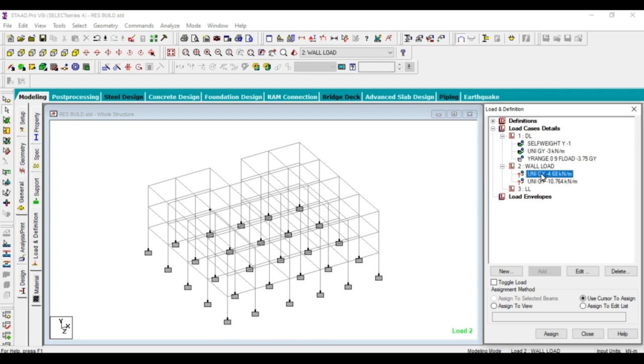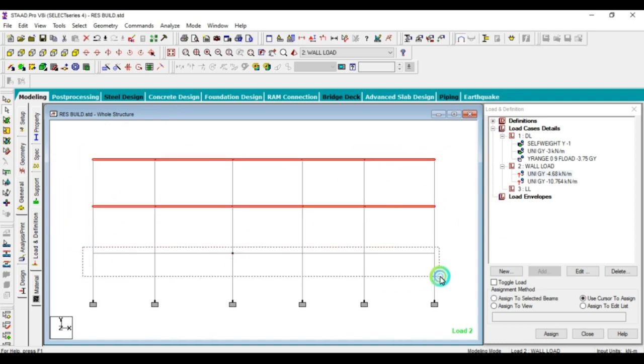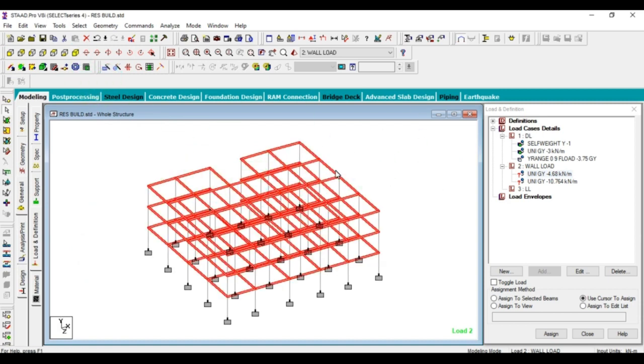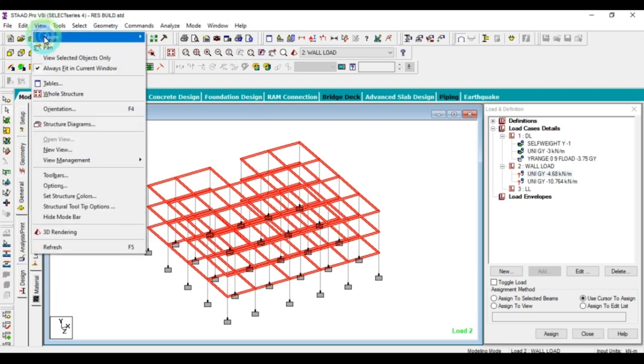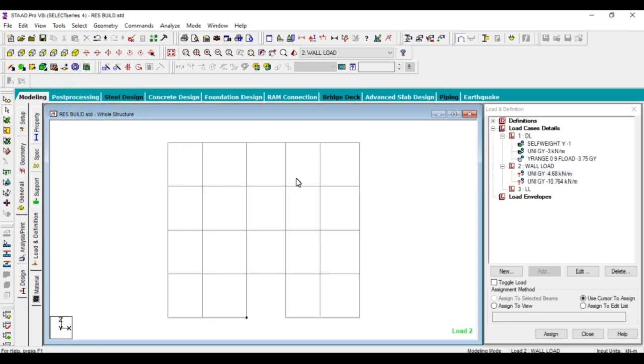First of all, select the primary wall. You should select the total beams of the structure, because walls will be placed above the beams. That's why first of all I will select the total beams. After that, go to the view menu bar and click on view selectables only. After setting the structure in top view, select the first primary load, then select the inside beams.